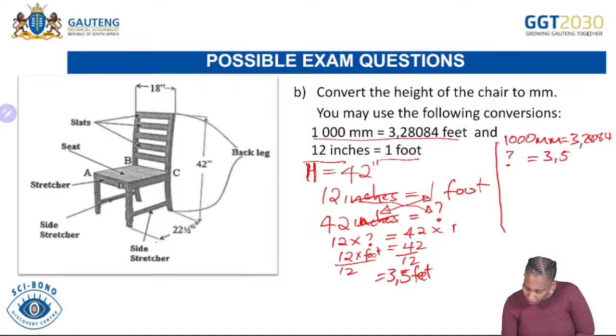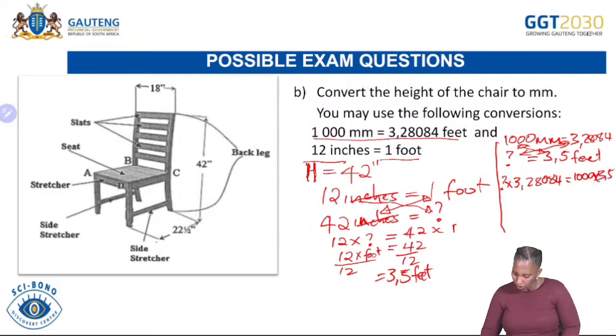We've got 3,5 feet. And then we perform our calculation, the Parrot method, or the cross multiplication method, whichever way you call it. And then you will have the unknown multiplied by 3,28084 equals 1,000 multiplied by